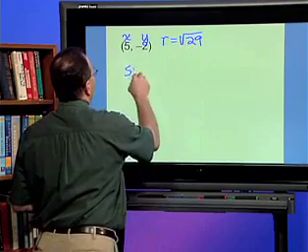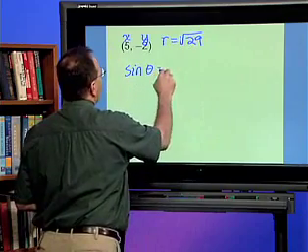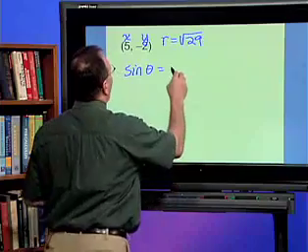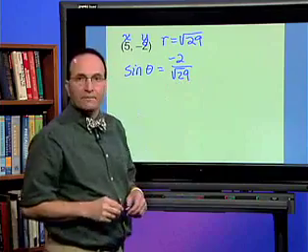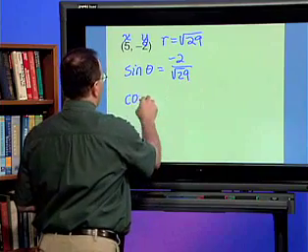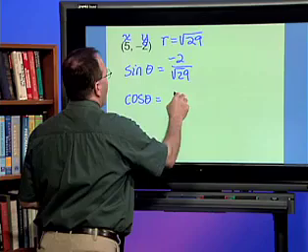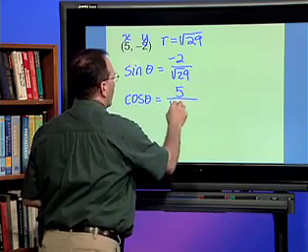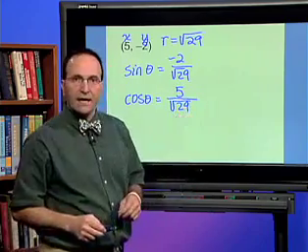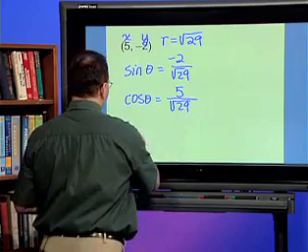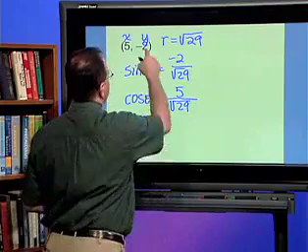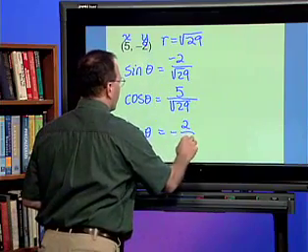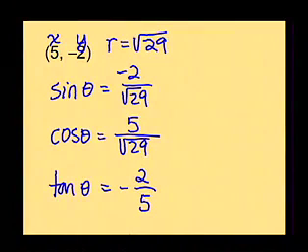So sine of theta is equal to y over r, negative 2 over the square root of 29. Cosine theta is equal to the x value, 5, over r, square root of 29. The tangent of theta is equal to y divided by x. So that's going to be negative 2 fifths. And my reciprocal functions literally are the reciprocals, which is to say